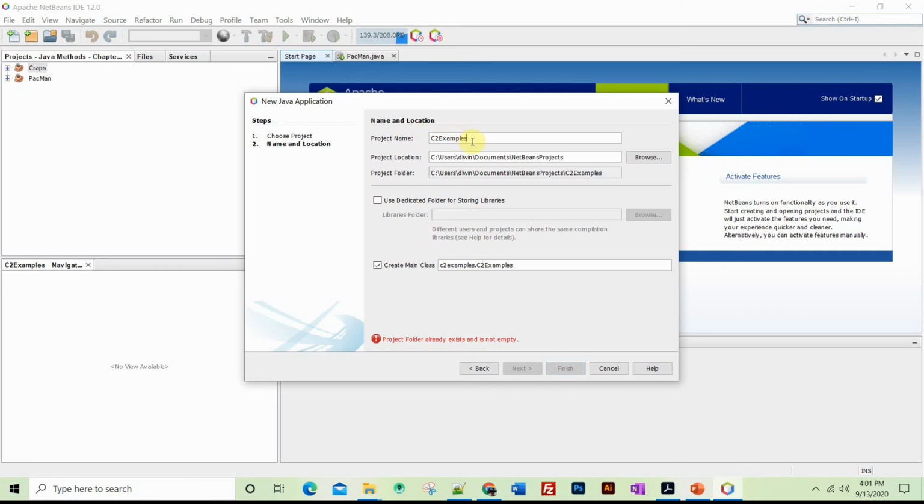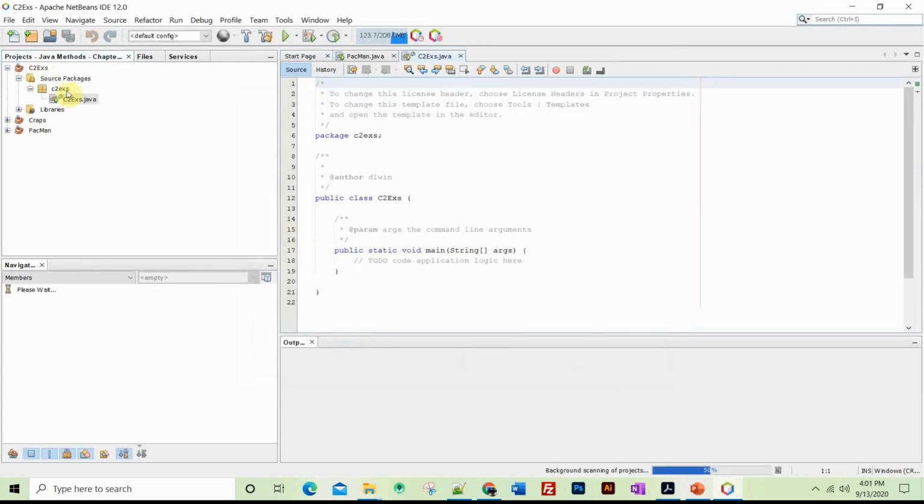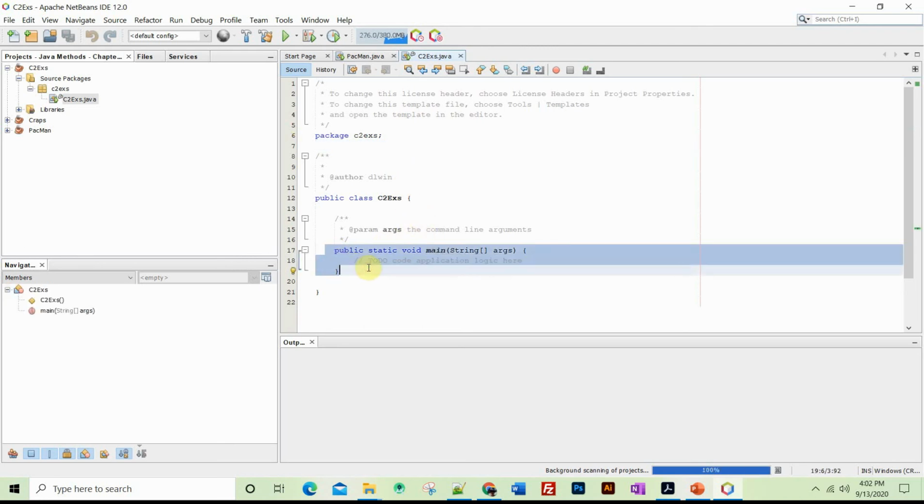Okay, I've already done this, so it already says it exists, so I'll just go C2 Examples, C2X, and then I'll click Finish. Okay, and it created my project C2 Examples. Don't worry about the package right now. Again, when you do your reading today, it makes mention of what a package is. But here, I'm not going to worry too much about the details right now, except for this public static void